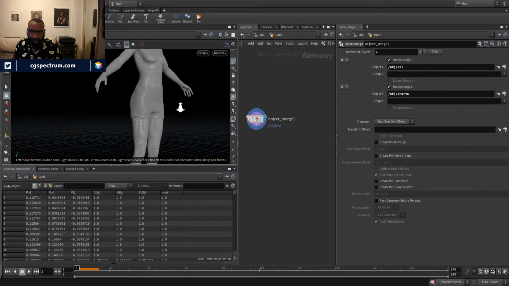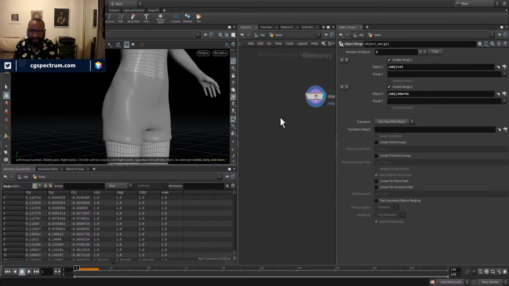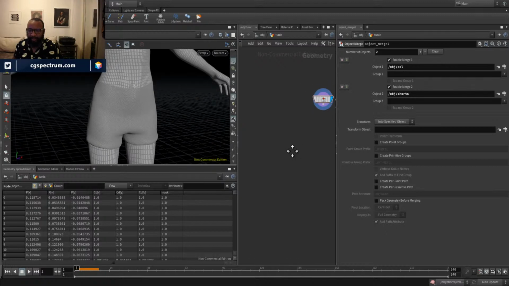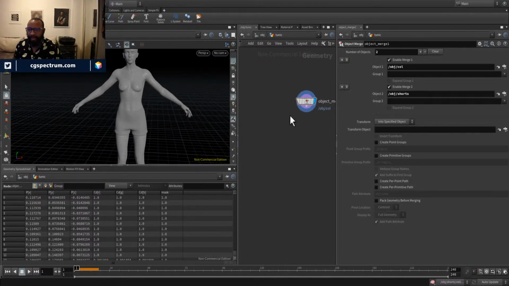So this is actually merging both of these together. So now these are one thing. Like this is going to be one thing for my objects to collide against. I could merge these. I could bring these in separately and use a merge node if I wanted to. So I could also do Alt,